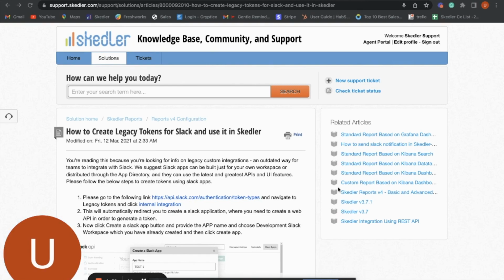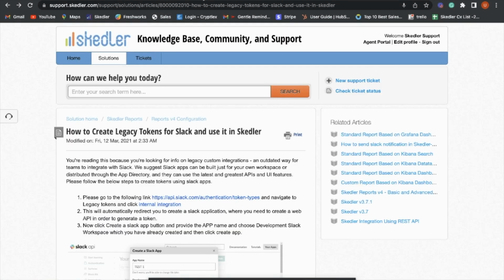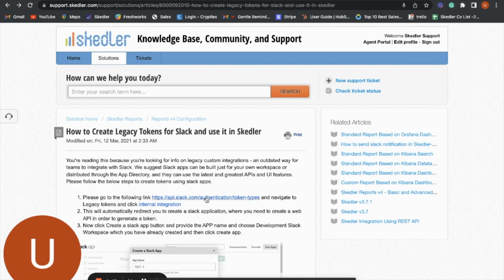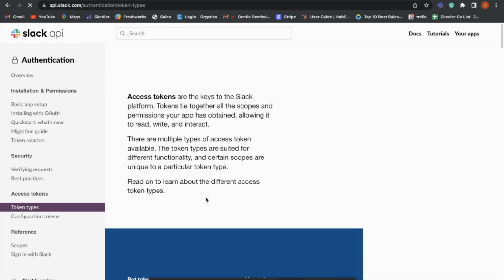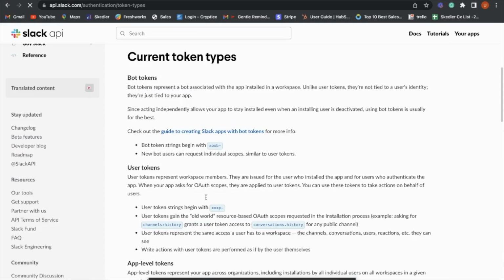Hi, today we will be trying to set up a Slack notification channel in our Skedler environment. So what we'll do is we'll start with the basic documentation. What we can do is we can simply go to this link and scroll down to the bottom of the